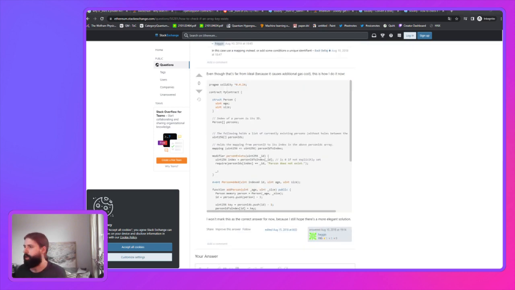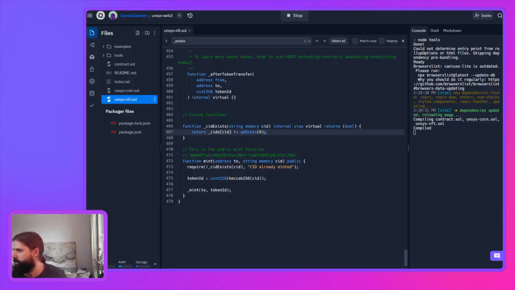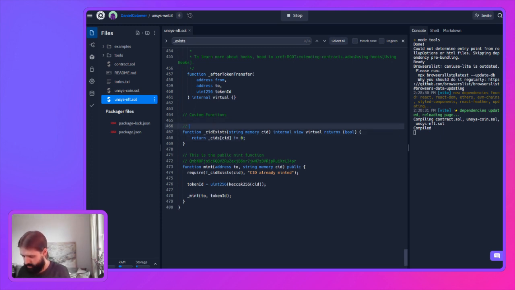Well, I can actually just do something stupid, which is different than 0, say, because maybe the assumption would be token ID 0 won't ever exist, and so you just check whether, you know,